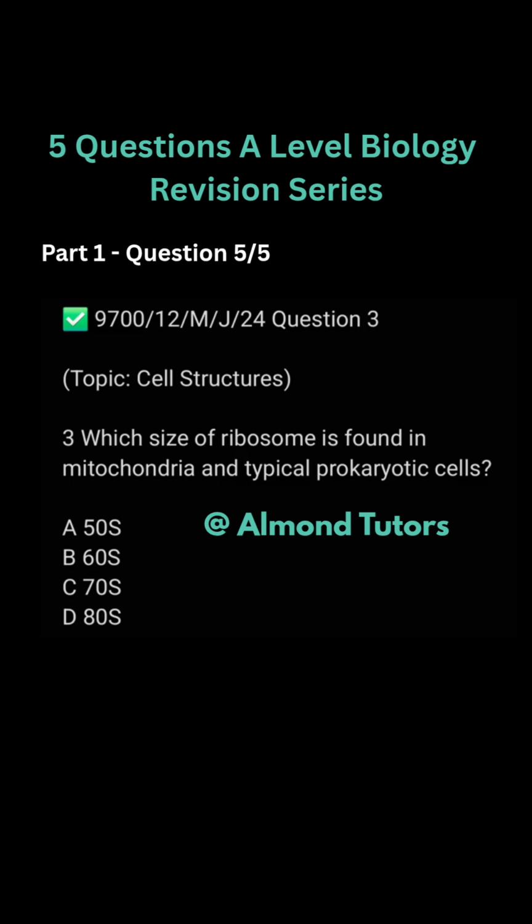And the question goes, this is question 3 on the paper. Which size of ribosome is found in mitochondria and typical prokaryotic cells? Now, looking at the first question we dealt with, we had some aspects of this question in that question. So because we said that